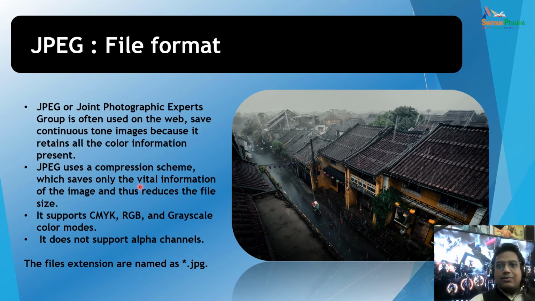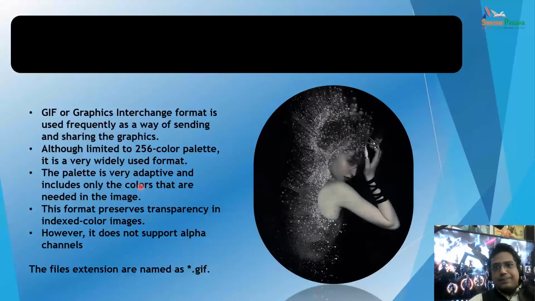Whenever you are saving the file in JPG format, commonly at the time of saving, sometimes it gives the .jpg extension and sometimes it comes out as a .jpeg file. Both give you the same kind of result, so whether you save the file as .jpg or .jpeg, it is the same. Fine. So moving on to the next.